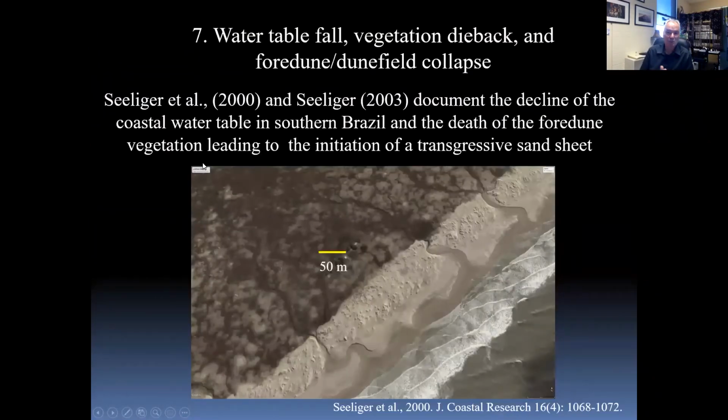Number 7 is water table fall, vegetation dieback, and foredune or Dunefield collapse if there's no foredune. So Uli Seeliger and his colleagues documented the decline of a coastal water table in southern Brazil due primarily to pine plantation in the back of this Dunefield, where the pines just started sucking the water out of the groundwater, which is quite shallow here. You can see all of this wet stuff here in the Google image, and